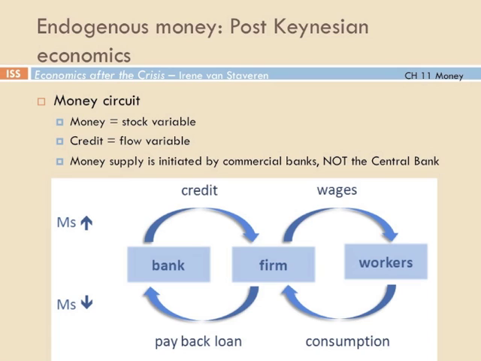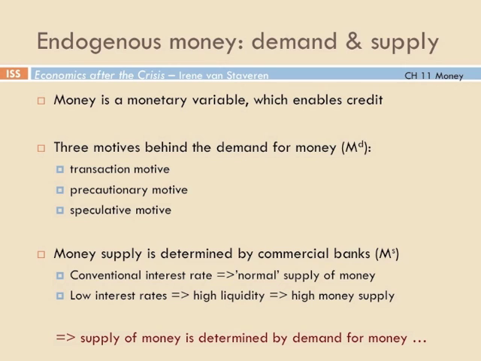The money supply increases when commercial banks provide more credit, and the money supply decreases when firms and households pay back their loans more than they take out new loans. So what do we exactly mean when we say money is endogenous in post-Keynesian economics? Well, we say that the supply of money is determined by the demand for money, and the demand for money